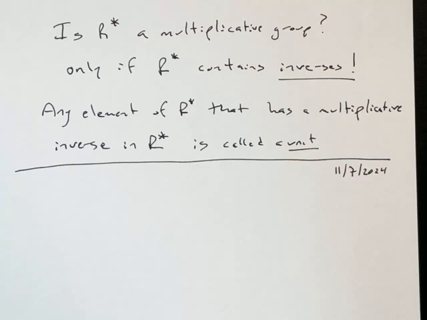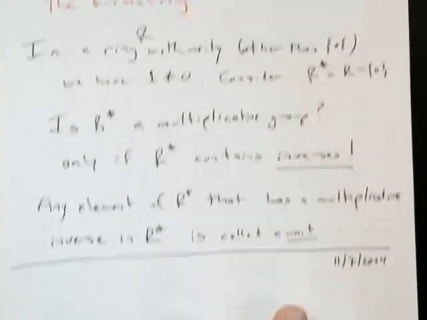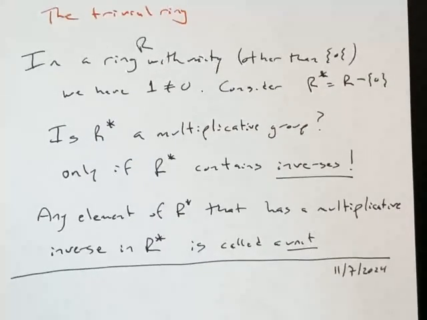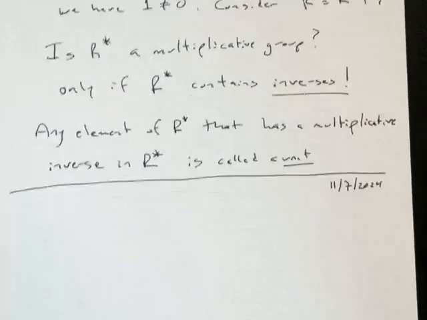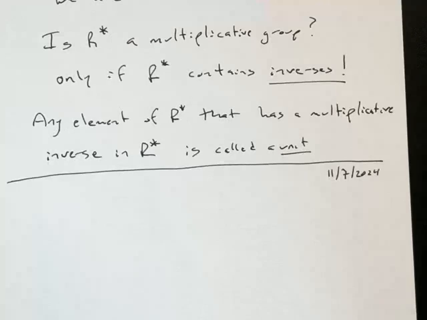This is where we were a week ago. Talking about rings with unity. And then we asked the question, if we look at everything except 0, do we have a multiplicative group? And the comment was about, I need inverses. And I said, well, okay, if you've got a multiplicative inverse, I'm going to call you a unit. Now,